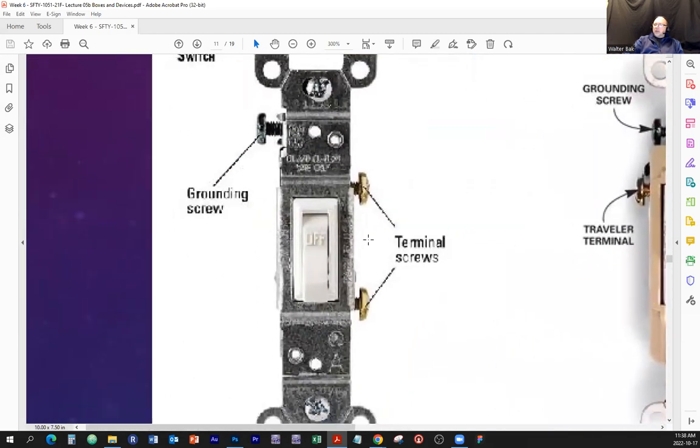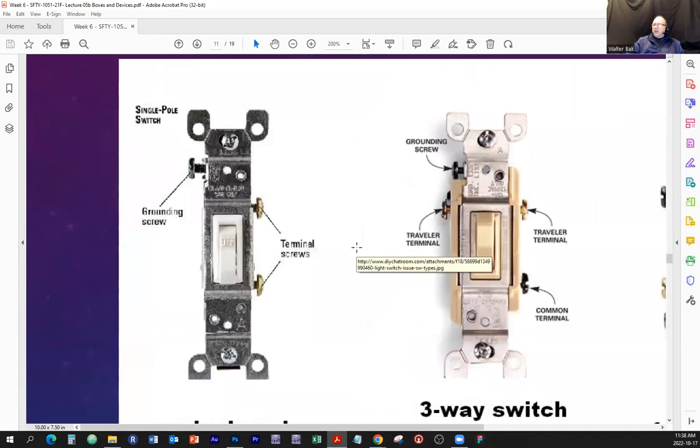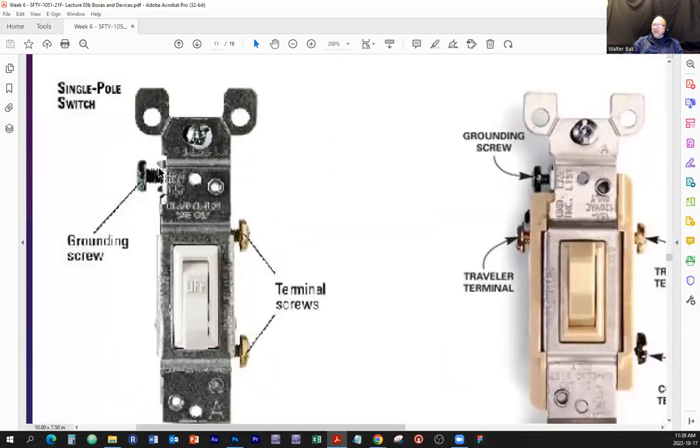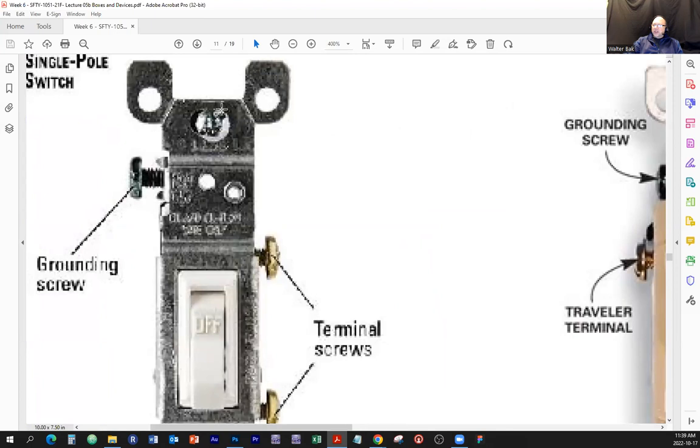Quite often, you're going to get the switches, and there's nothing wrong with that. You're going to get the switches without the bonding terminal. Because remember what I told you? How this thing is bonded or grounded. The chassis of this is metal. So this screw right here, this mounting screw,